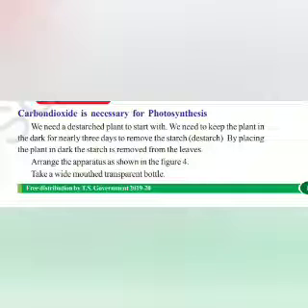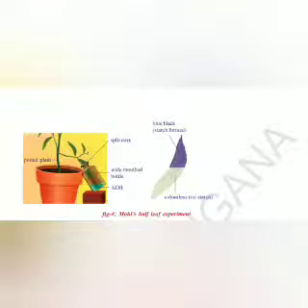Then we continue with the next experiment with the setup arrangement shown above. Take a plant which is present in the pot and insert one leaf into the transparent bottle by using a cork. In that bottle, we keep potassium hydroxide pellets or potassium hydroxide solution. What is the use of the potassium hydroxide? Potassium hydroxide will remove the carbon dioxide, so the carbon dioxide which is present in the bottle will be consumed totally.